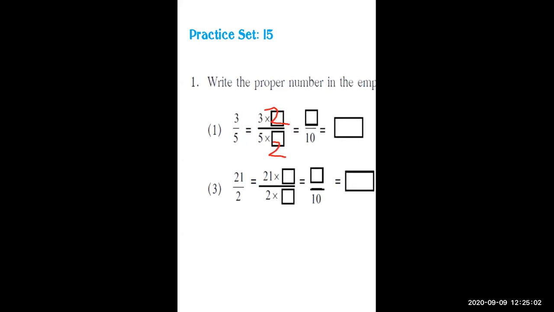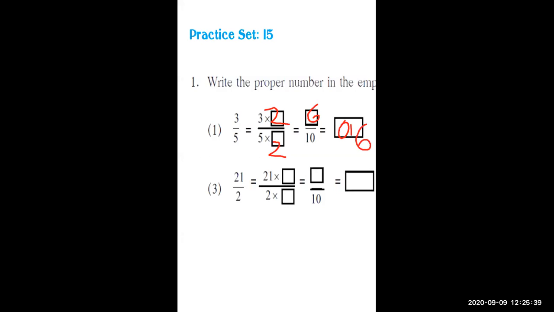Very good. Now 3 twos is what? 3 twos is 6. Then the answer is 6 upon 10. So 6 upon 10 means what is the main answer? The last box, what should I write here? Very good. Other students have given that answer also. It should be 0.6. How did it come? Because it is given in a decimal fraction. It is given in a common fraction that we have converted into a decimal fraction.